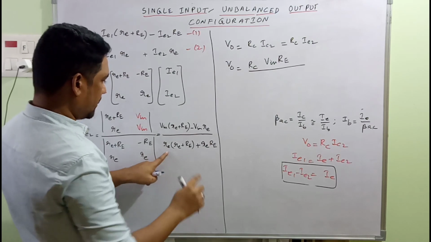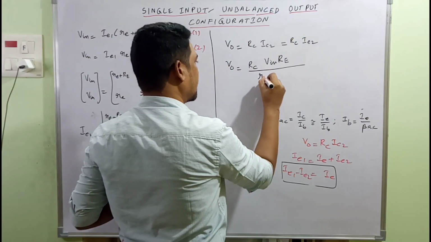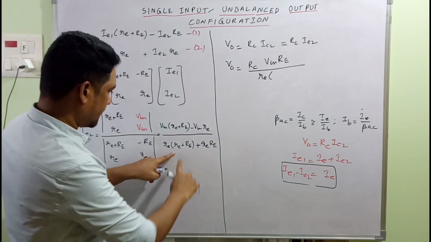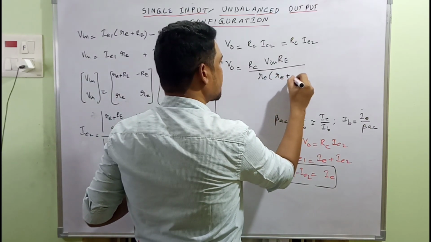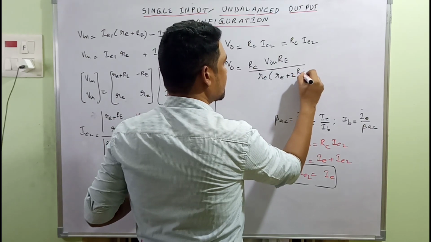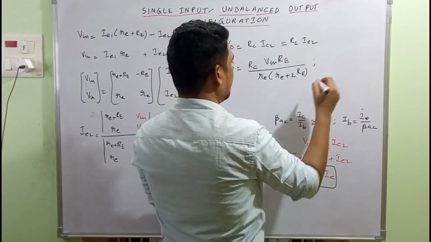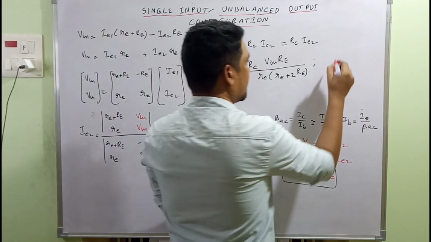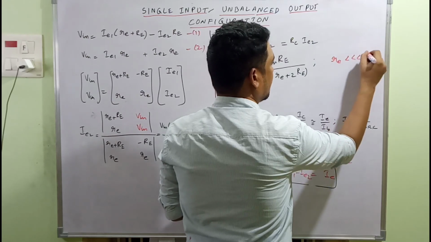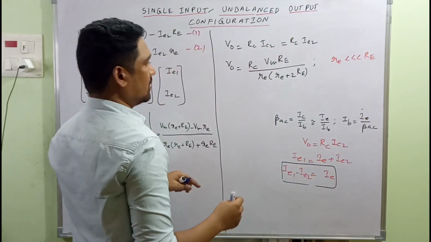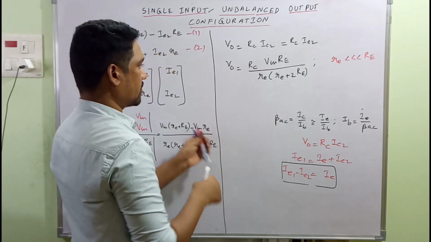In the denominator, we take out RE as common. Inside the bracket we have RE plus RE plus RE, so that leads us to RE plus twice the external resistance, emitter resistance, RE. In practice, RE is very much smaller than the other resistance. In that case, over here this can be neglected, and our expression for V naught will be equal to